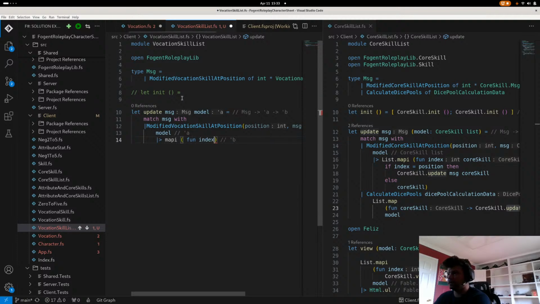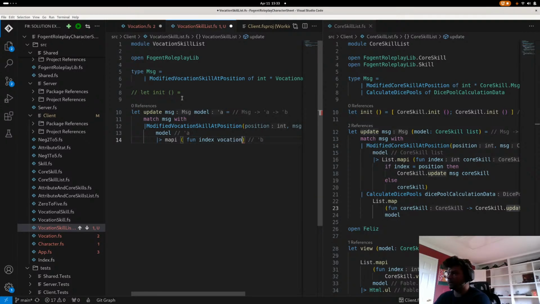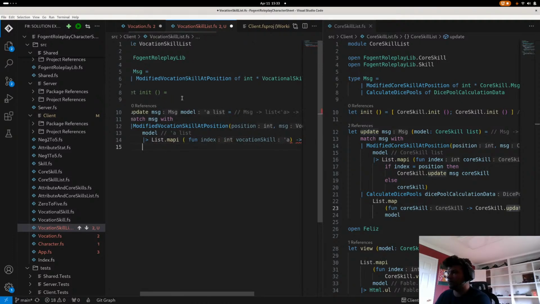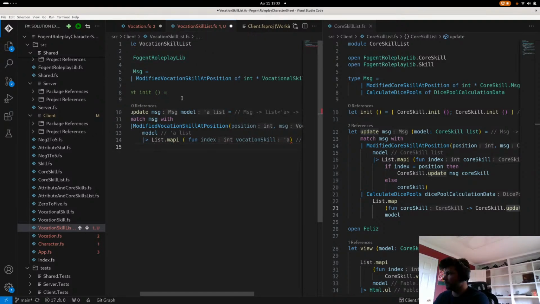Function that takes an index and a core skill. Well, it's not a core skill now, it's a vocation skill. And what is it going to do with that guy? It's going to take it, and if the index ever equals the position that was sent to be changed, then